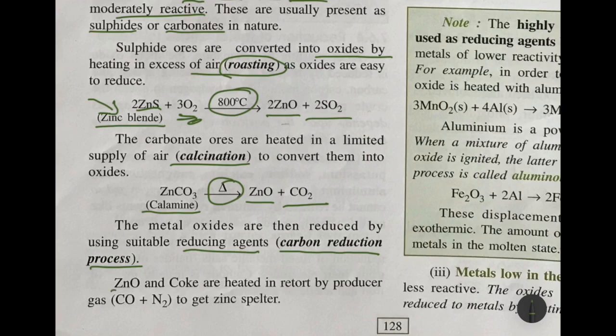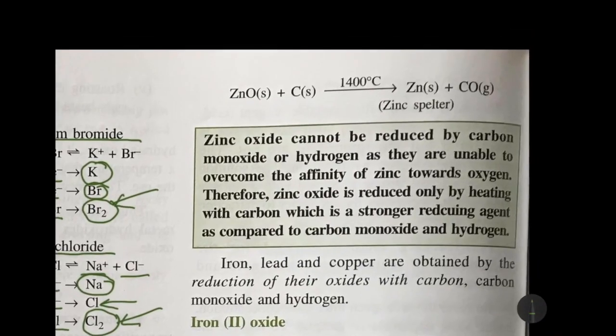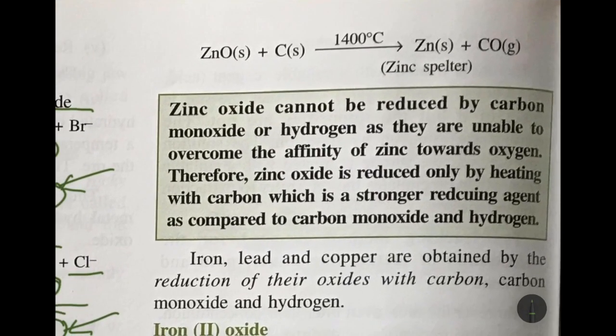Zinc oxide and coke, that is carbon, are heated in a retort by producer gas. So what is producer gas? Carbon monoxide and nitrogen, to get zinc spelter. Here you can see zinc spelter is actually impure zinc. So zinc oxide and carbon at 1400 degrees Celsius will give us zinc spelter and carbon monoxide,